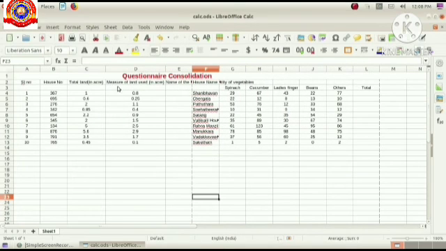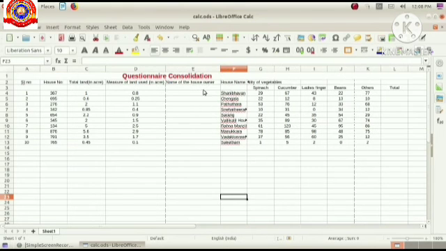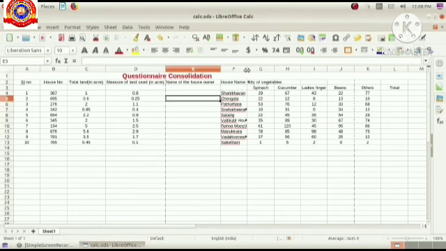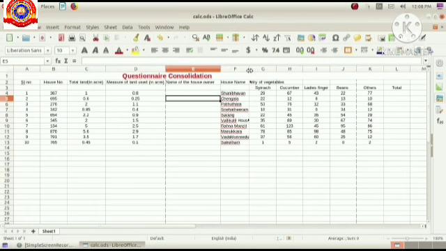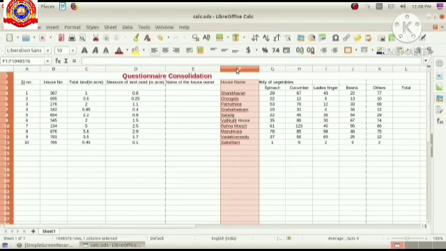In a similar manner, if we want, we can change the width of the rows also. For that, we have to place the mouse pointer between two row headers and click and drag to the appropriate width. Is it clear to you now? See here, one of the house names is not completely seen. So, again we have to increase the width.